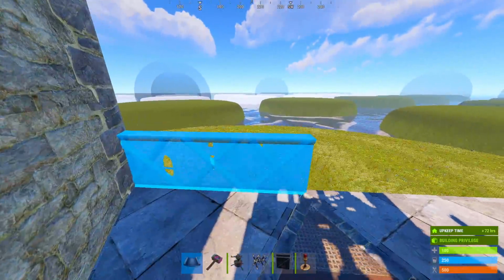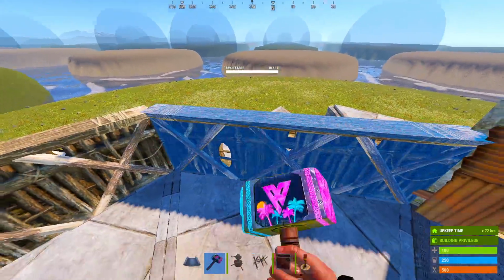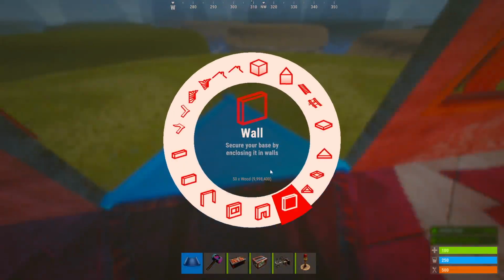Put down some low walls on your roof so you can decrease your vulnerability from the ground. These are extra, but they make me feel a little bit safer, so I don't like getting beamed off my roof. If you want to add some flare to your shooting floor, you can replace that window directly above the